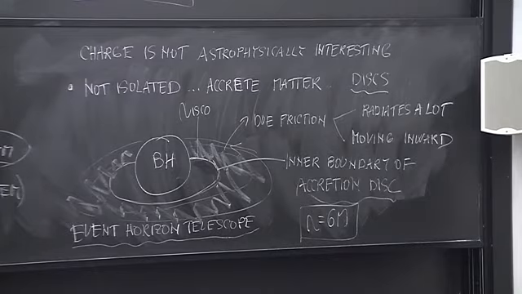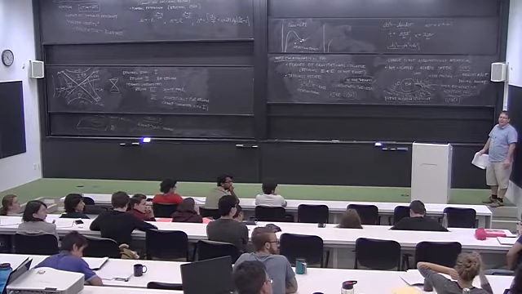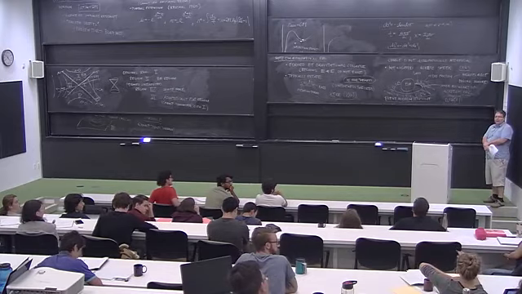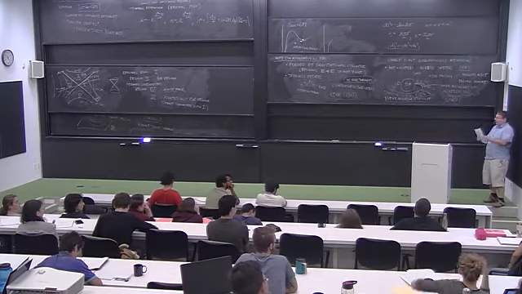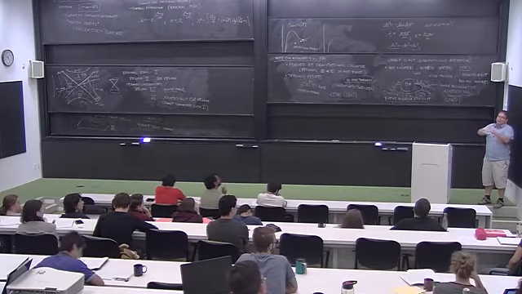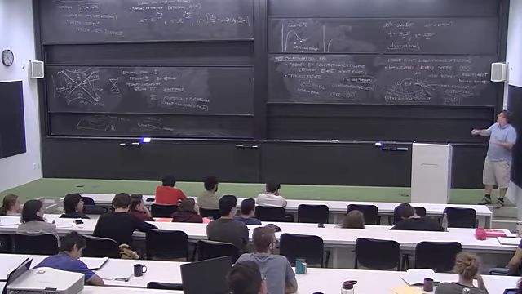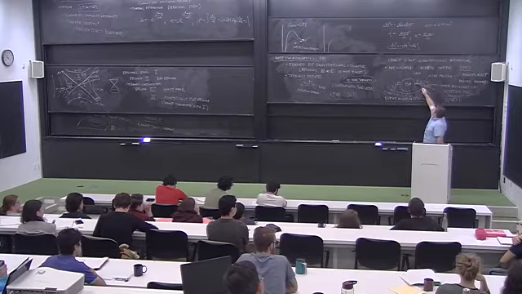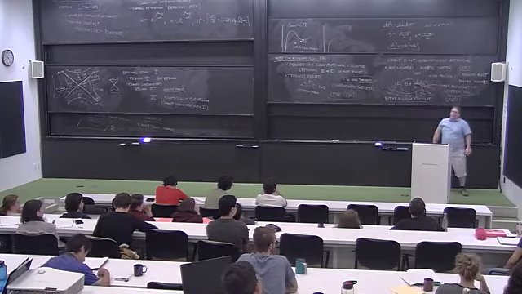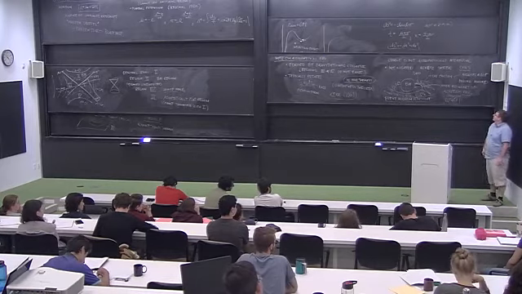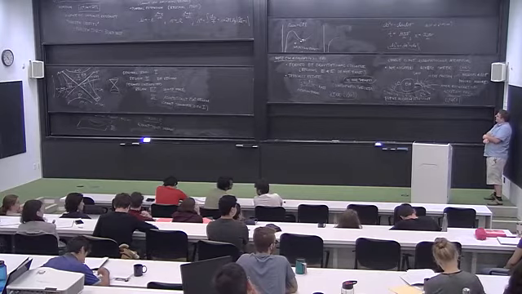How do you know, don't you still expect matter to be within R equals 6m? Well, yes, but that matter won't be on a circular trajectory. It will be simply falling down. As it's falling down, it doesn't really radiate. So you have lots of radiation produced all the way in this accretion disk, but as the matter simply falls down, here it doesn't really radiate. So that region is really much darker than the rest. All right, so we'll be testing this very soon.